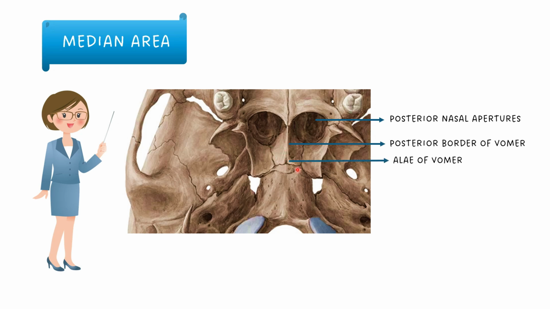The ala of the vomer are two bony plates formed by the splitting of vomer superiorly. It articulates here with the rostrum of the sphenoid. The vomerovaginal canal is formed between the lateral border of each ala of vomer and the vaginal process of the medial pterygoid plate. The palatovaginal canal is the canal between the vaginal process of medial pterygoid plate and the sphenoidal process of the palatine bone. This canal leads anteriorly into the posterior wall of pterygopalatine fossa.